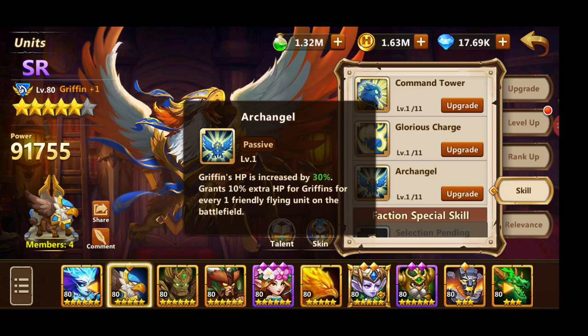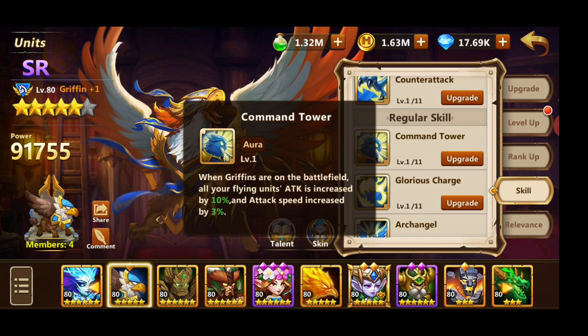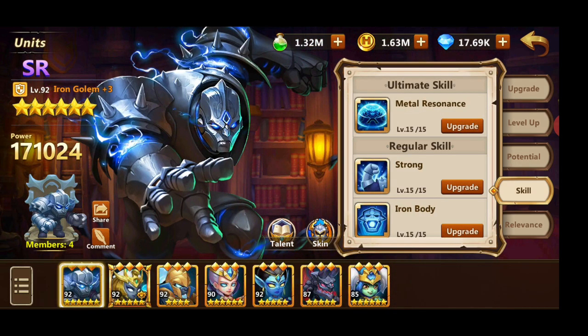Grants 10 extra HP for Griffins for every 1 friendly flying unit on the battlefield. So that's a 70% extra HP for Griffin, on top of this 30, which can be upgraded with the level. And also Griffin buffs all your flying units attack by 10% and attack speed by 3% depending on the level of the skill. And I also mentioned Gargoyle because he's